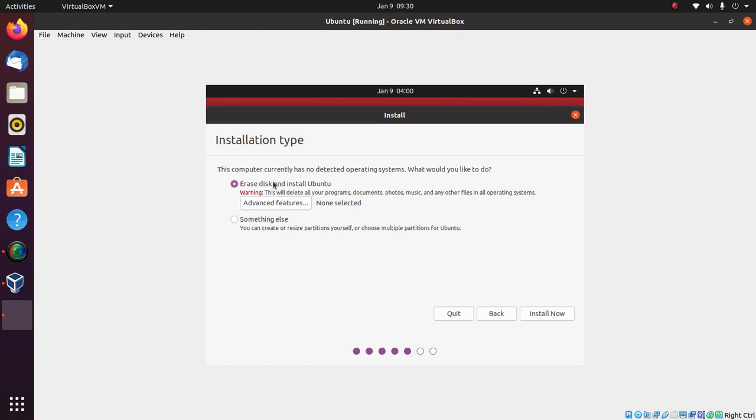If this is another option given to you while going with dual installation or installing multiple operating systems, you need to choose Something else, but it needs advanced knowledge about disk partitions and memory space allocation. Whereas in our case, I'm going to choose Erase disk and install Ubuntu completely in the virtual machine.